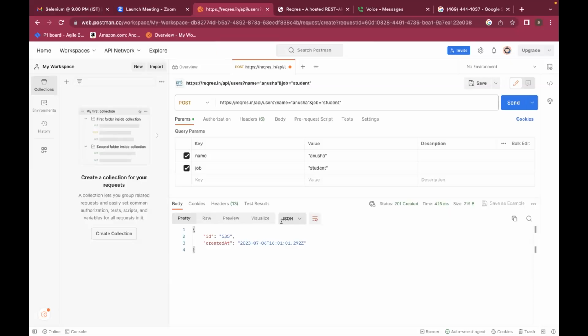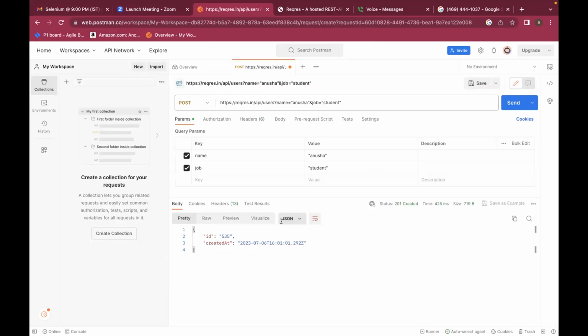All right. So Rupali has sent me a screenshot in which she has not inserted any parameters. She did not give name, she did not give job. But still when she clicked on send, she was able to send the request. Her request was processed and she got a successful response. That will not be the case in real time. You cannot do it like that. You'll have to send your key value pairs, your data. You have to send all of those input data, only then your request will be processed.